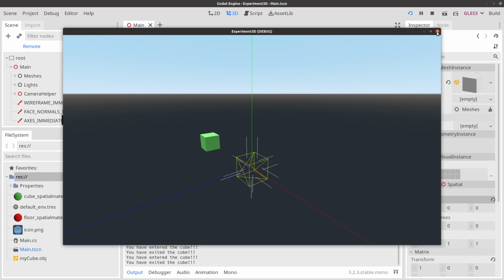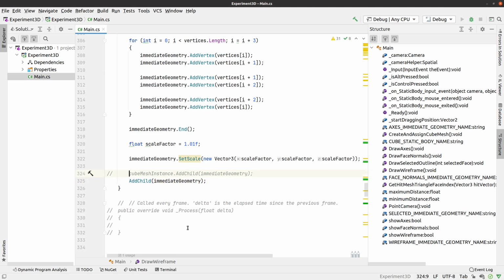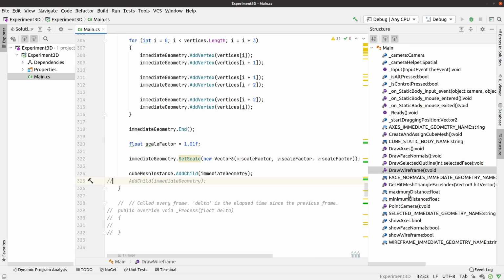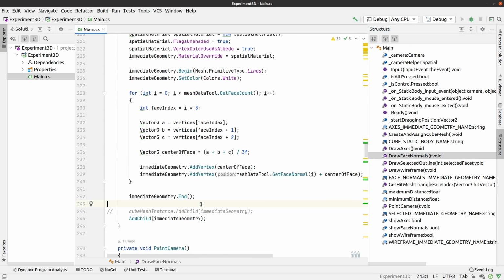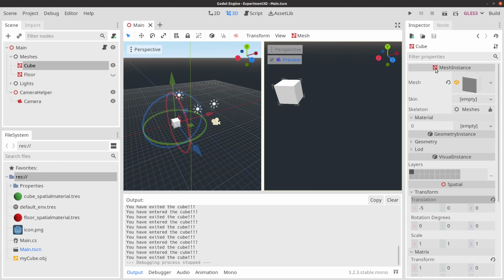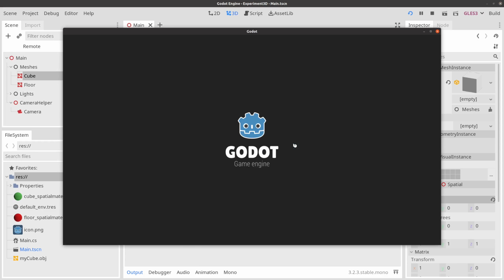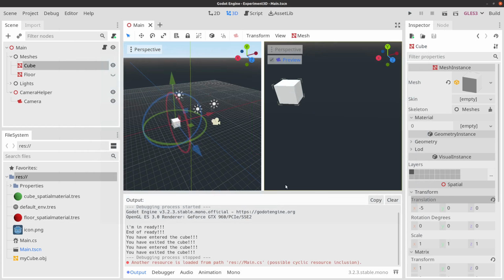So if we go back into our code and make it so the cube mesh instance, the immediate geometry for the normals and the faces are now back under the cube mesh instance, then when you run the game, you would expect everything to be rendered like it was before. And it is. So the way to look at this, I was trying to figure out